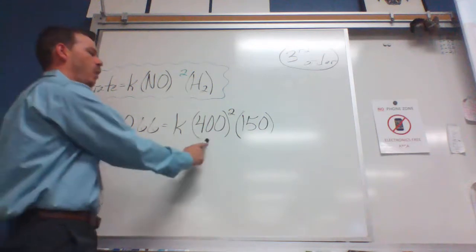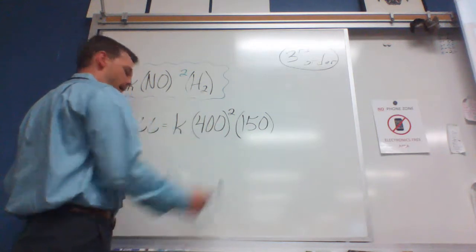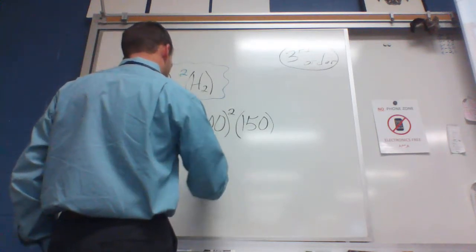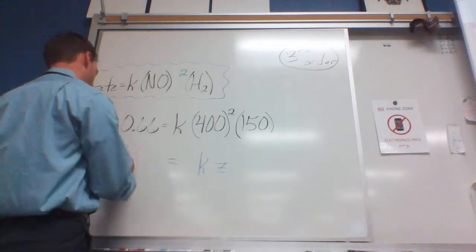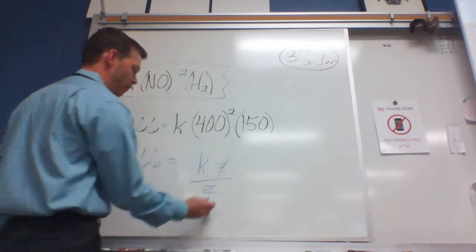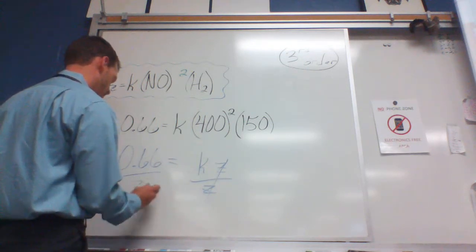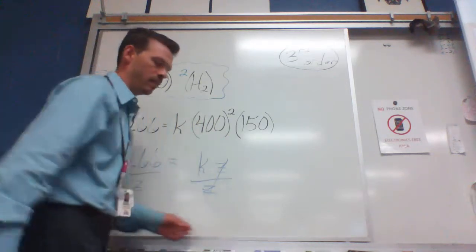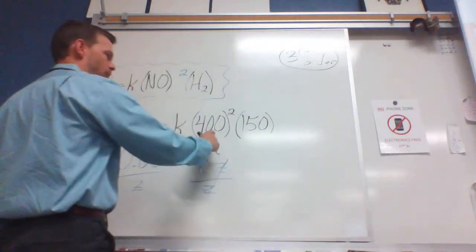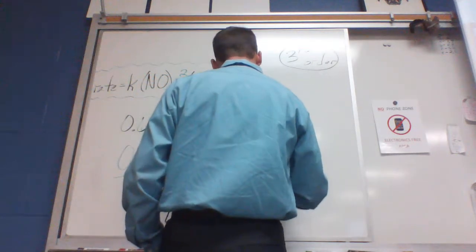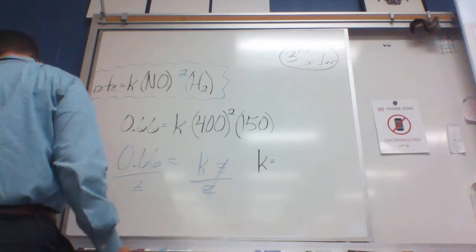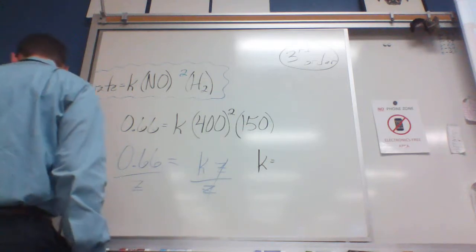So, you want to square 400. You want to multiply that by 150. All right? And that will give you value Z, which is going to be multiplied by K. Of course, to get the value of K, you would have to divide by whatever you got there for Z. Z is a made-up variable because I didn't have that number in front of me. But anyhow, it's whatever 400 squared times 150 was. But you will end up with a final K value. I'm going to go to 2 sig figs, even though the work is kind of pushing you towards 1. But I'm going to get